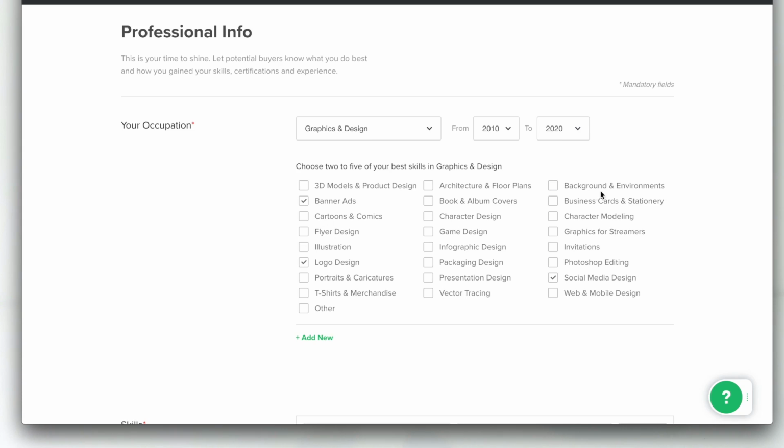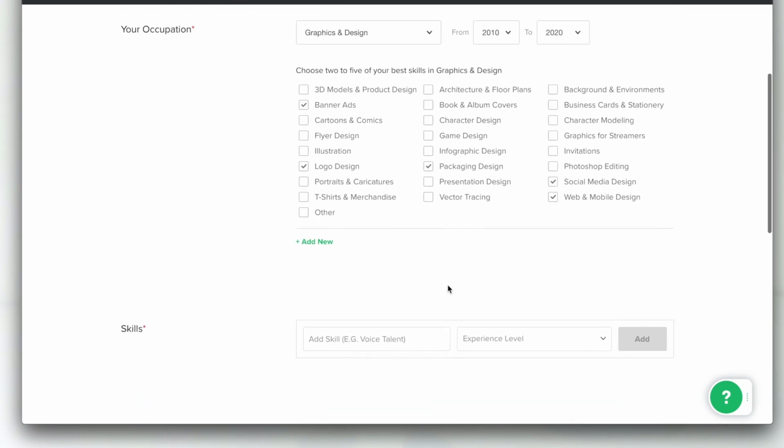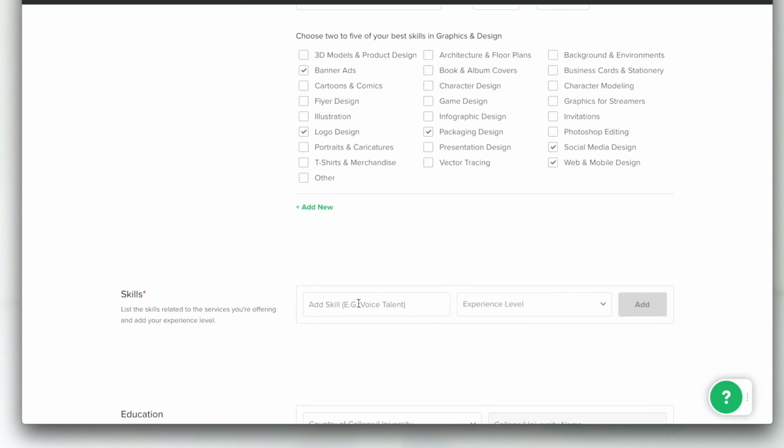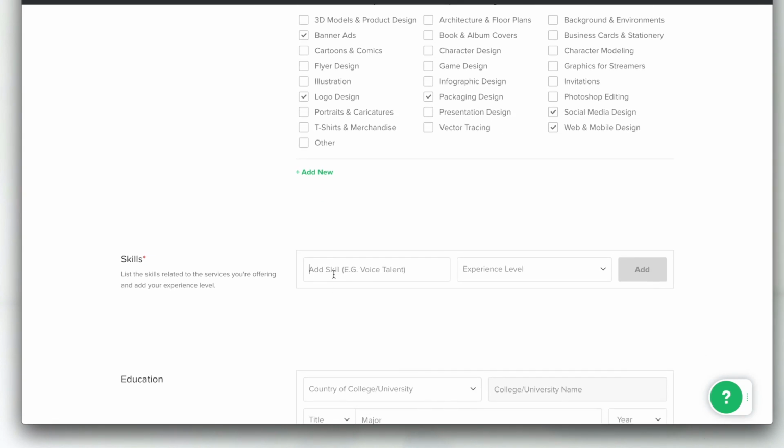Banner ads, and select a couple of things for here: web and mobile design, packaging design, infographic design. Okay, I think that's good to go right now. And your skills, so you can add skills. So you can say graphic design, and it's going to come right here. So graphic design,